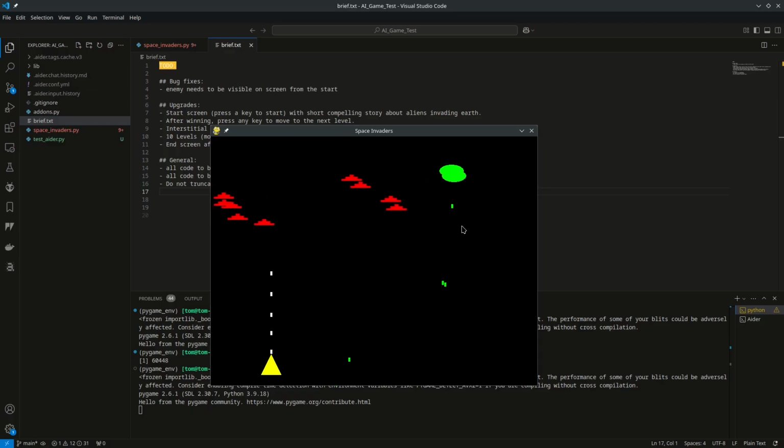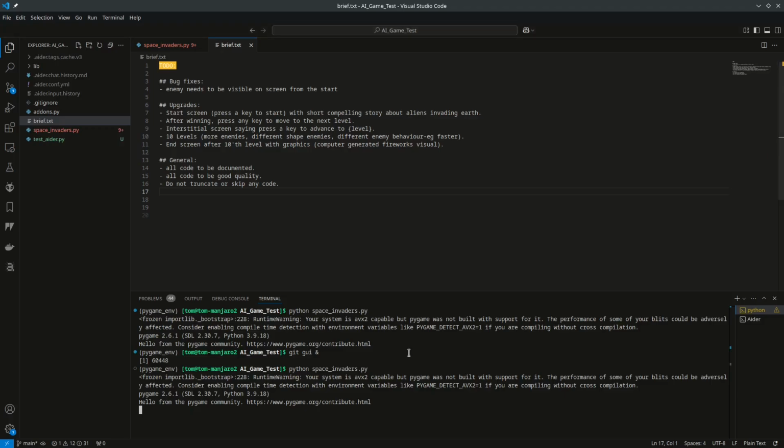I think I saw something when I was busy doing this. I didn't notice. The editor missed a few bits, so we'll find out where it went wrong in a minute. Just going through this first level of the game, and yeah, there's a bug. Doesn't show the interstitial screen, so back to Aider,